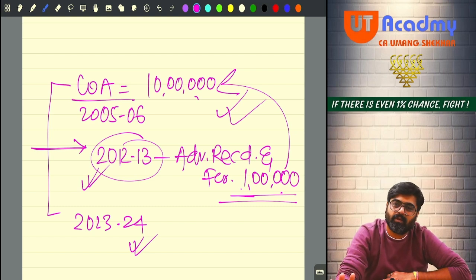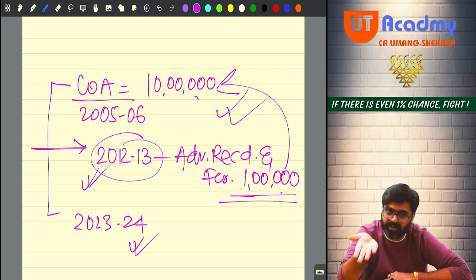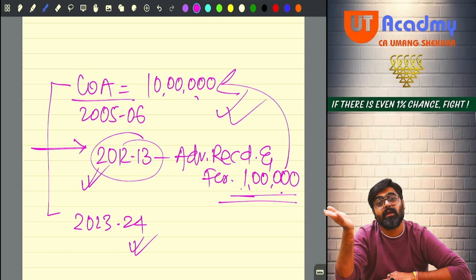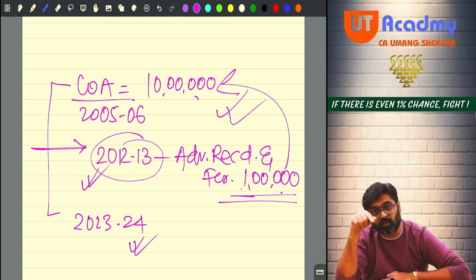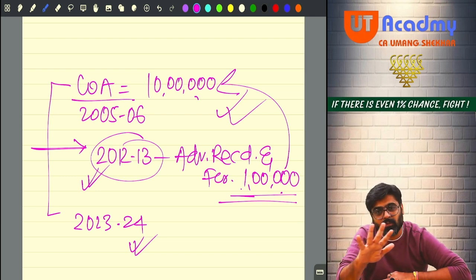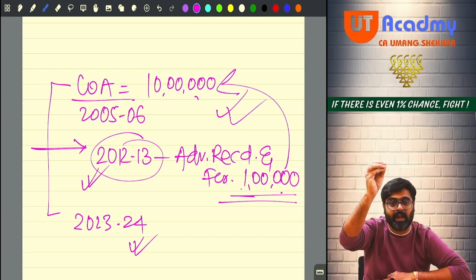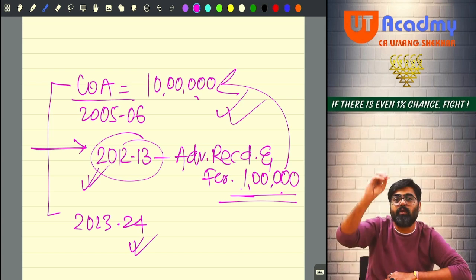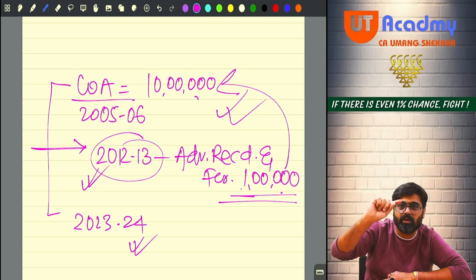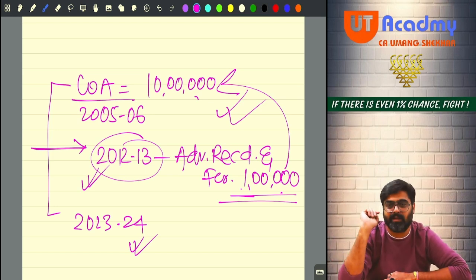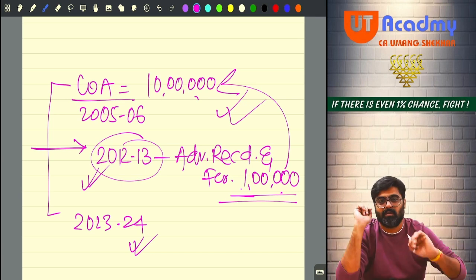In reality, no. There was a dispute from where to where the indexation should be given. The assessee wanted to claim indexation on the entire 10 lakh from starting to end. The department wanted to take only 9 lakh from starting to end. That was a clash. But both of them are doing wrong. Logically, on 9 lakh you should get indexation for the full period, but on that 1 lakh also you should get indexation from 5-6 to 12-13, which is nowhere followed.